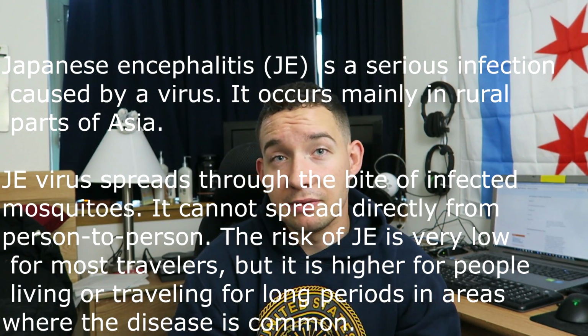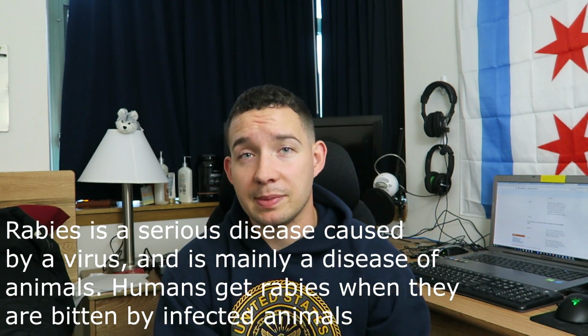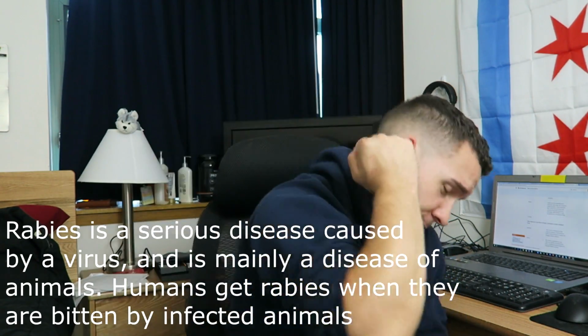JEV, Japanese Encephalitis Vaccine. Normally this is only going to be given to Marines because they're going to go through the jungle and play out in the woods. It is transmitted via vector, which is mosquito. Rabies, just because they're at a higher risk of exposure when they're deployed, they might get bit by a stray dog, and then you gotta...